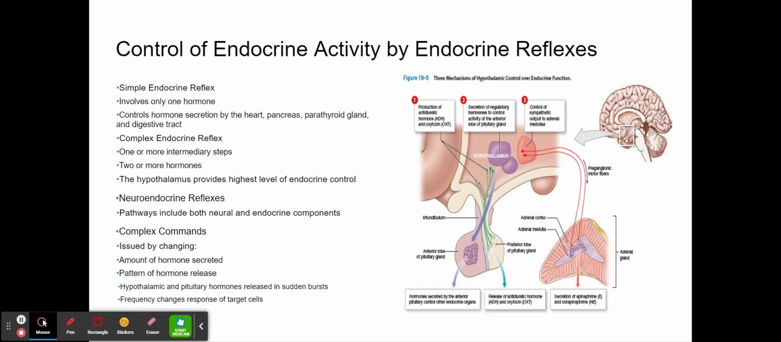More complex endocrine reflexes involve one or more intermediary steps and two or more hormones. We will discuss this further in the next module, but just to tie things together, the hypothalamus provides the highest level of endocrine control. It integrates the activities of the nervous and endocrine systems in three ways. One, the hypothalamus itself acts as an endocrine organ. Hypothalamic neurons synthesize hormones and transport them along axons to the posterior lobe of the pituitary gland, where they are